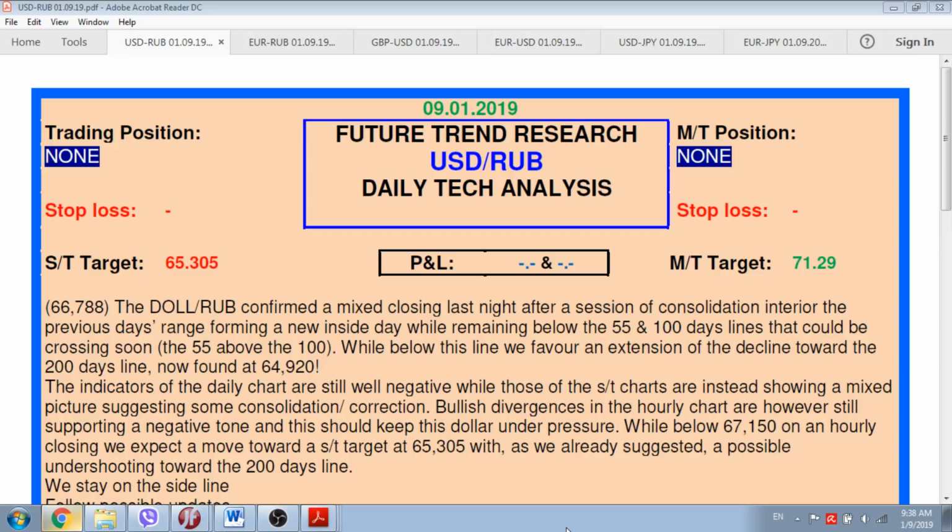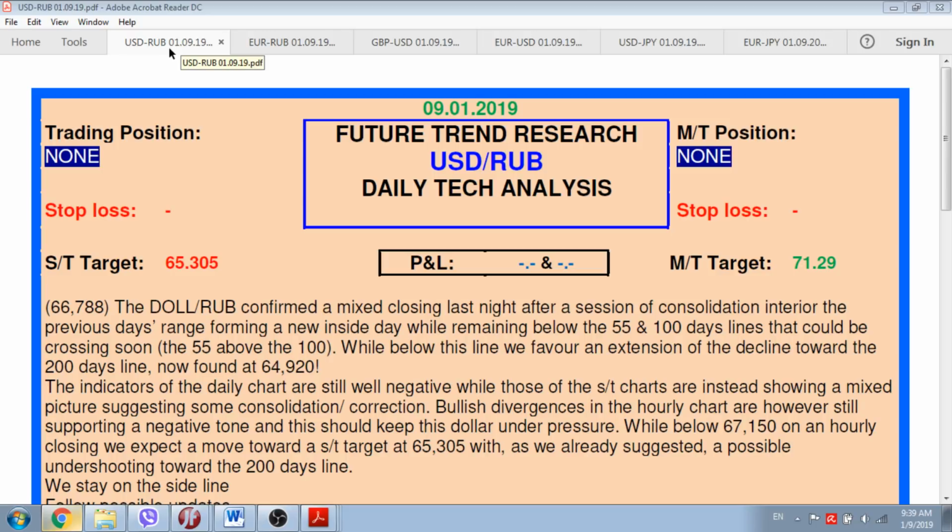And in the framework of today's analysis, we'd like to provide you with information regarding such kind of currency pairs like Russian ruble crosses, dollar ruble and euro ruble. And also today we will speak about cable, euro dollar, dollar yen and euro yen. As usual, we start with